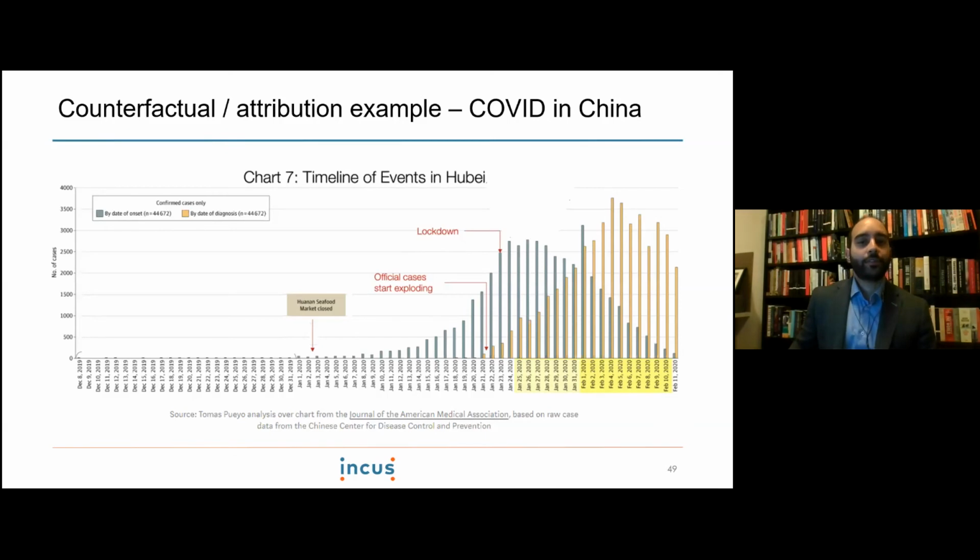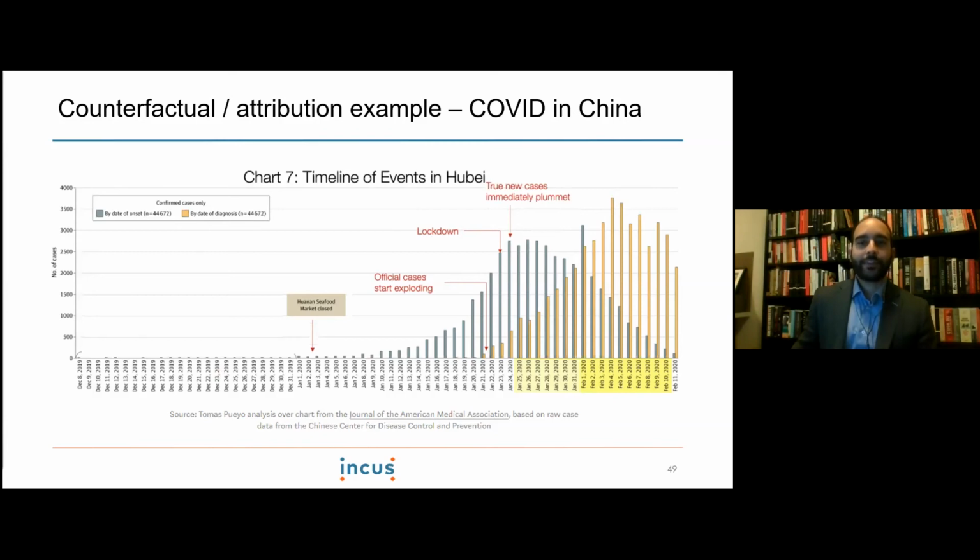And there was a lockdown imposed 2 days later. And at this stage, they could only see the orange bars. The authorities could not see the blue bars because they had to do that retrospectively. So they imposed a lockdown when there was an orange bar right down there at about 200 cases. But you can see that the actual cases, the blue bars, started to plummet not long after. So from this point onwards, you can start to see that decline, even though the official cases have gone up. And that shows you the value of having that temporal data to tell you when something's happened and having some trends.